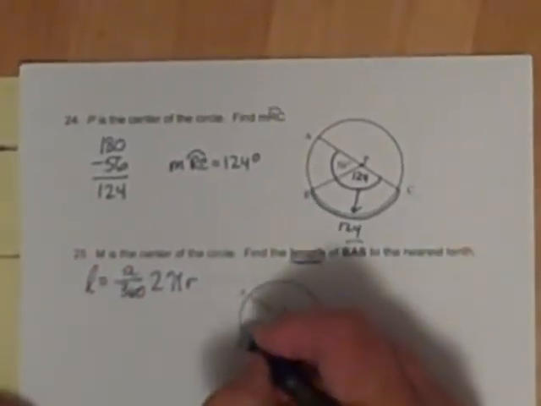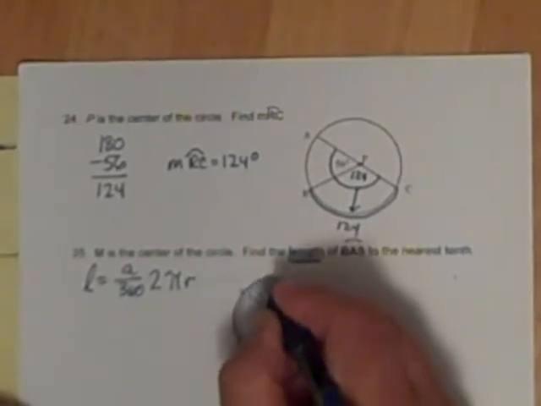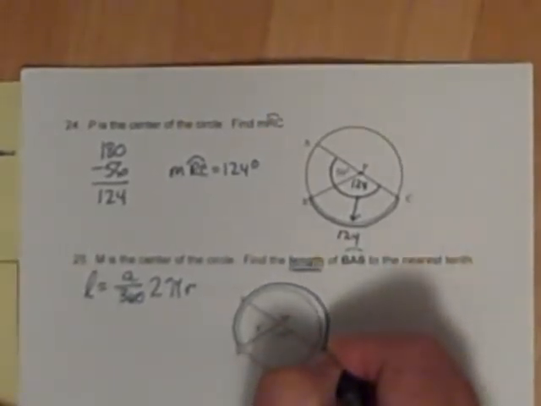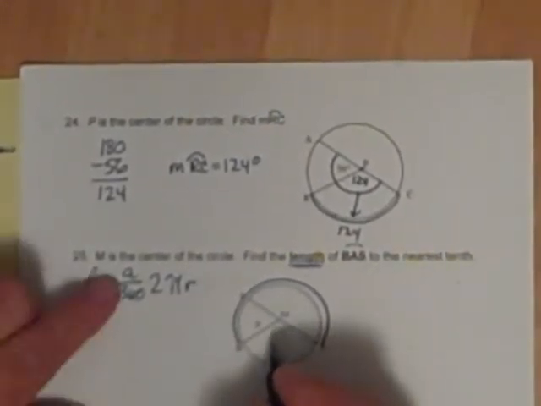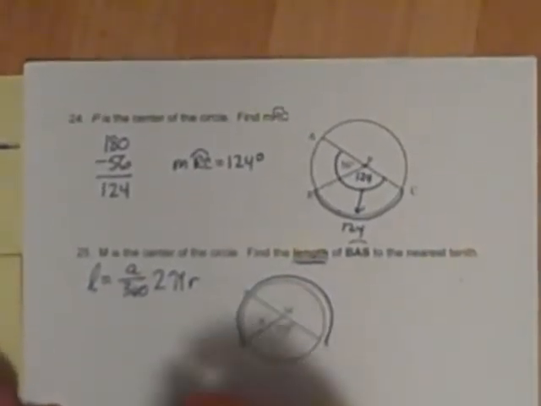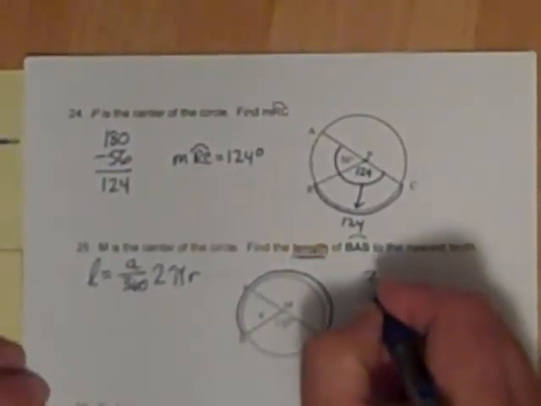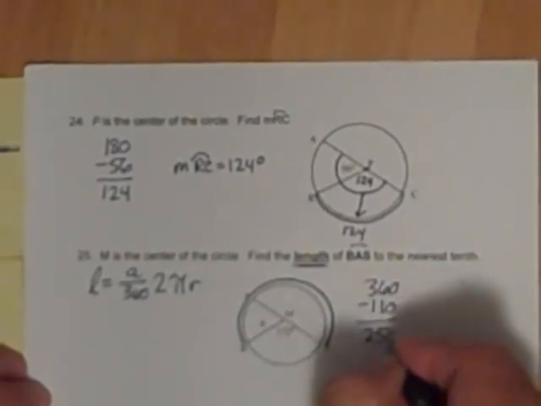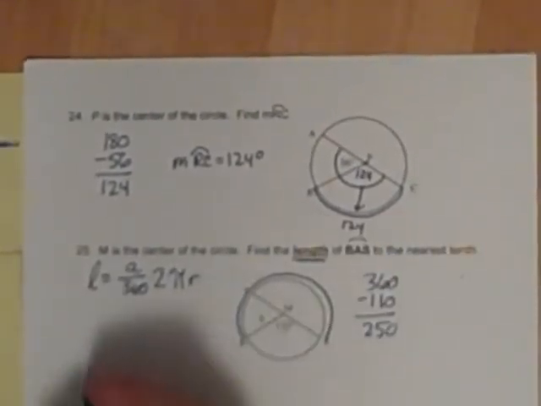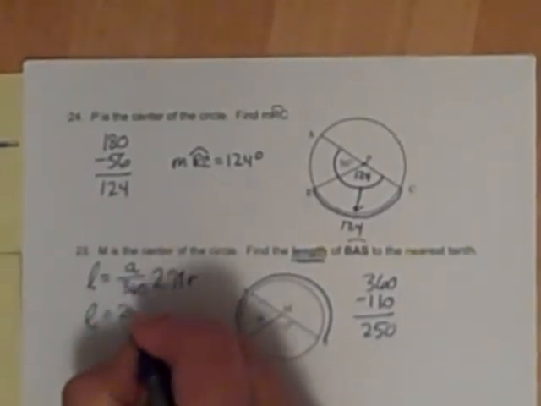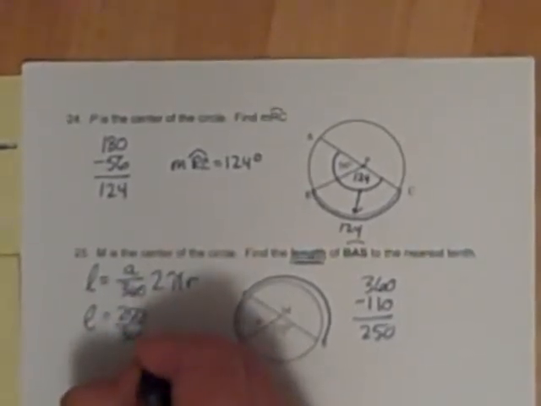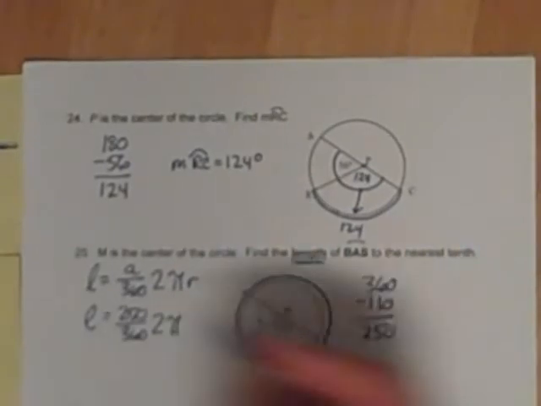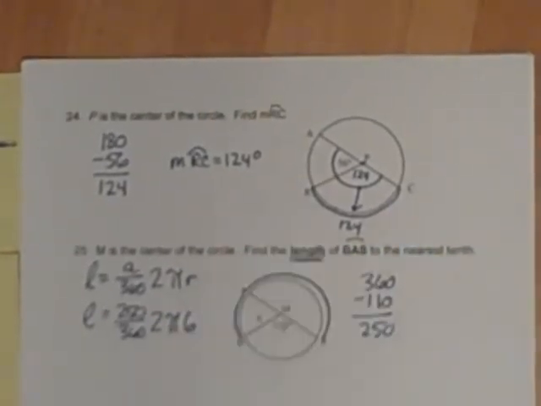We're looking for BAS. We're looking for this arc. So we can't just put 110 where the A is. We're going to have to find out what goes there. So first we're going to do 360 minus 110 give us 250. That's what this arc over here is. So we're going to do L equals 250 over 360, 2 pi, the radius is 6,